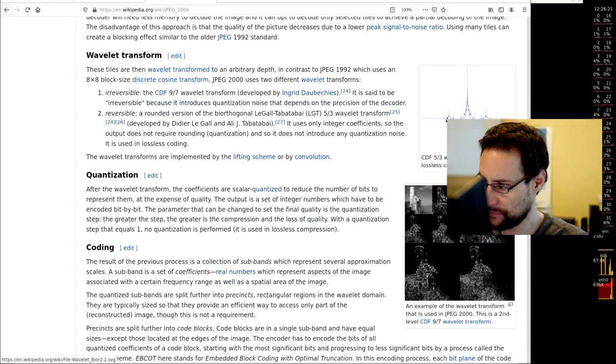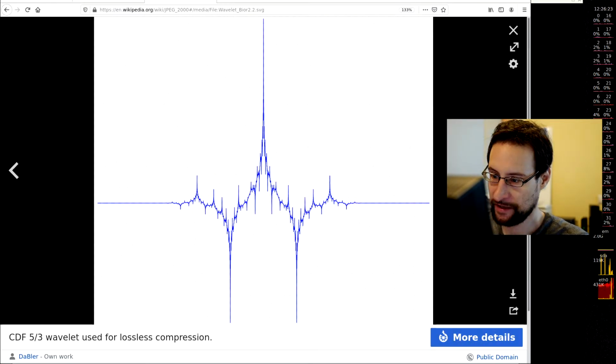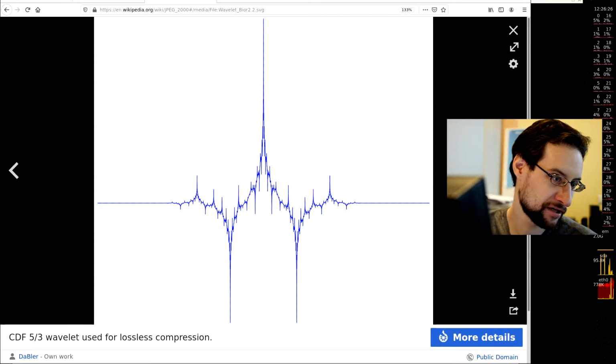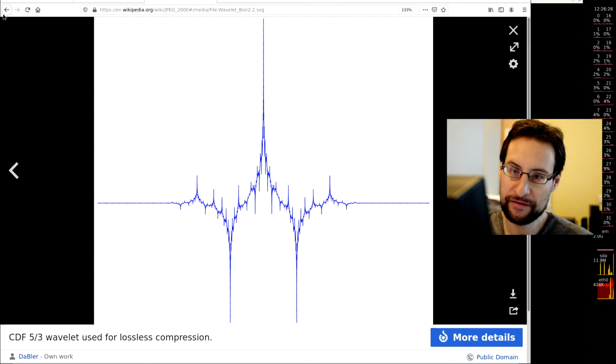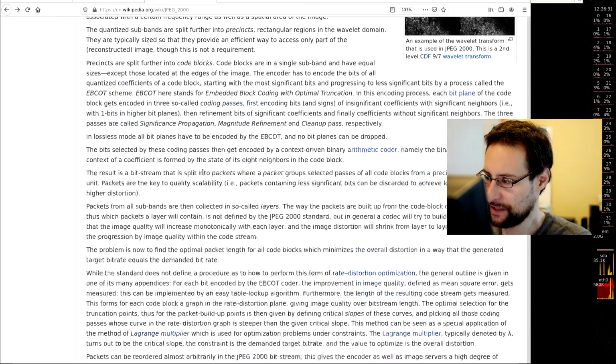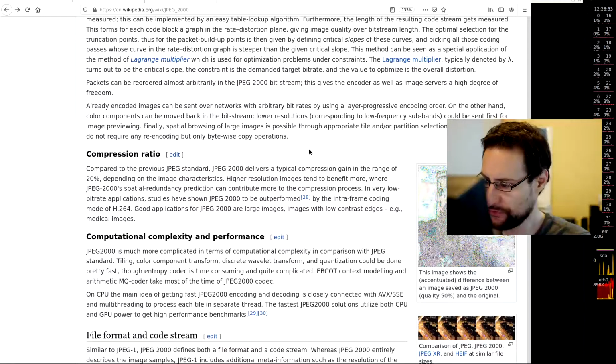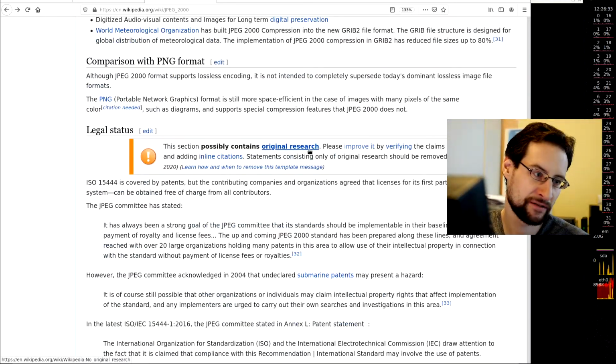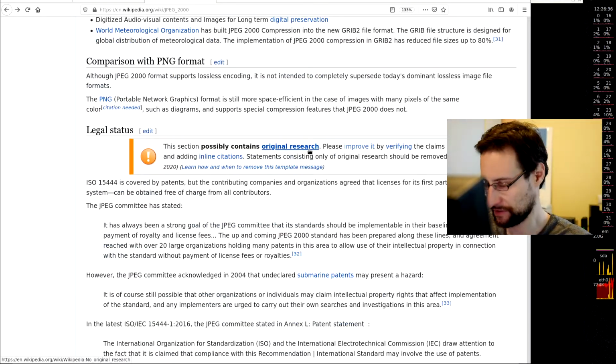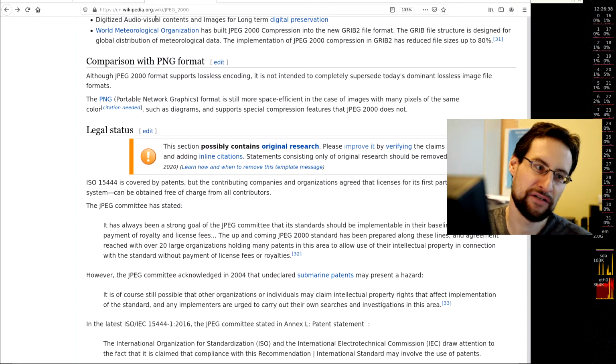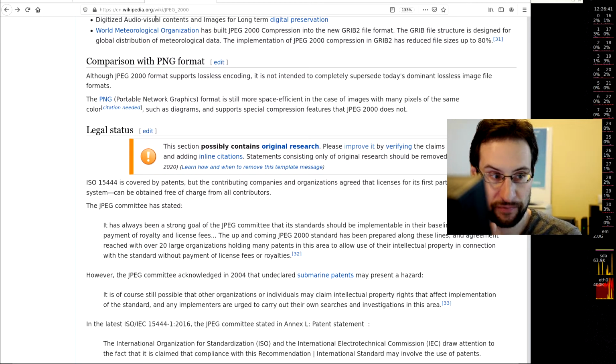Here's some CDF 5/3 wavelet using lossless compression. With this amazing wavelet stuff you can actually compress images. But even this is, as I said, 20 years old. And yeah, we actually use that. It is significantly better, but also significantly slower and so on. But again, this is 20 years old, and wouldn't it be nice if PDF,